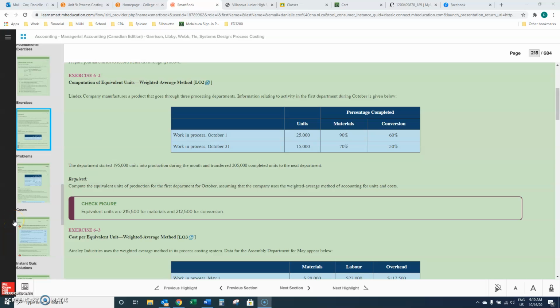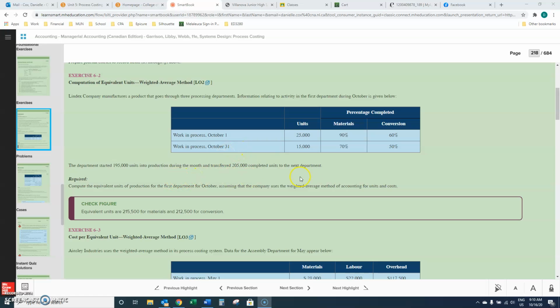Alrighty, let's look at exercise 6-2. Lindex Company manufactures a product that goes through 3 processing departments. Information relating to activity in the first department during October is given. So we are given work in process at the beginning of the month and work in process at the end